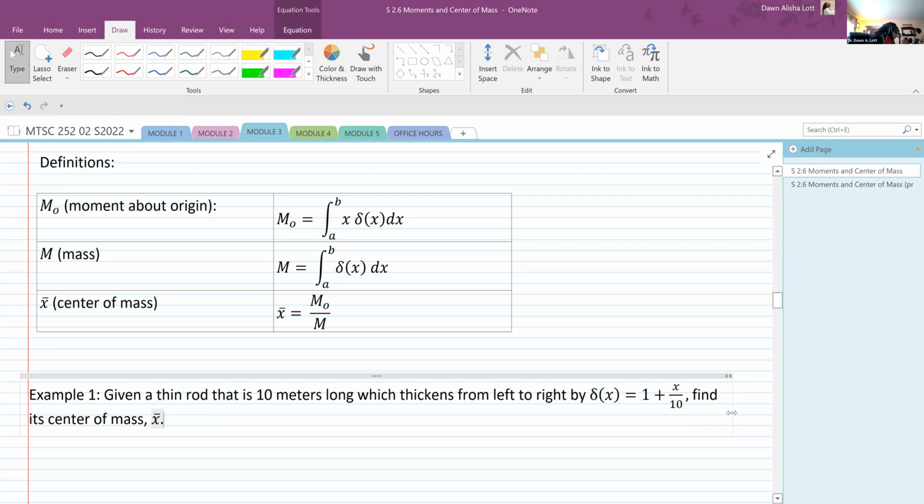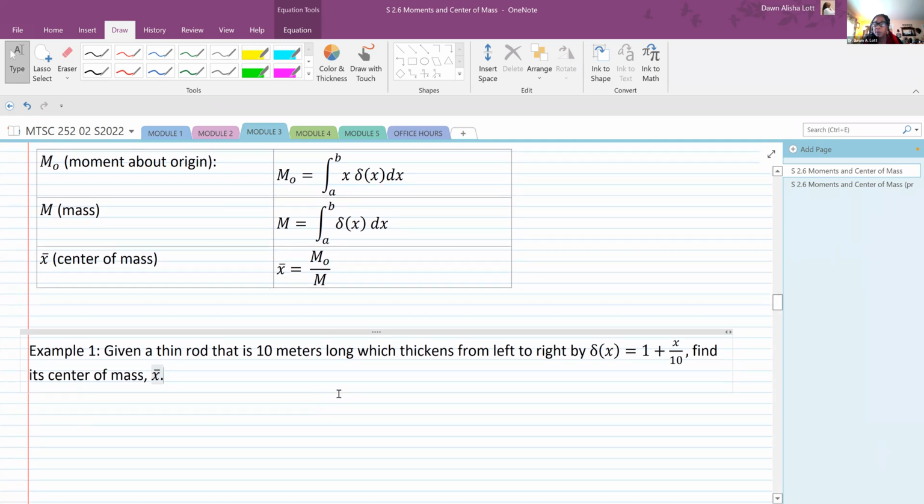All right, so this formula gives me delta. It gives me how long it is, so I know it goes from 0 to 10. Here's delta, and that's all I need. So I need to compute m naught, and I need to compute m, and then I can find the center of mass. These are my formulas. The first one is to compute m